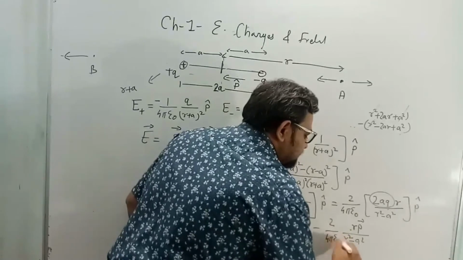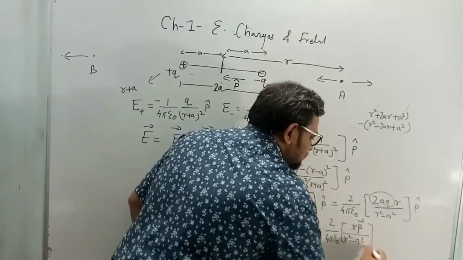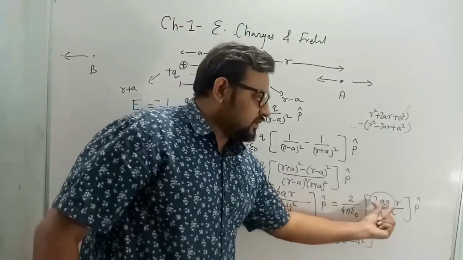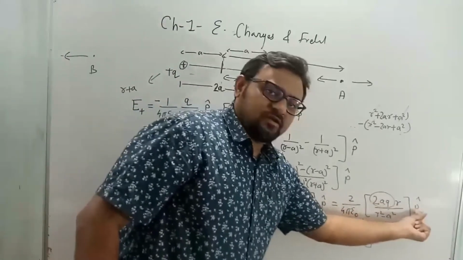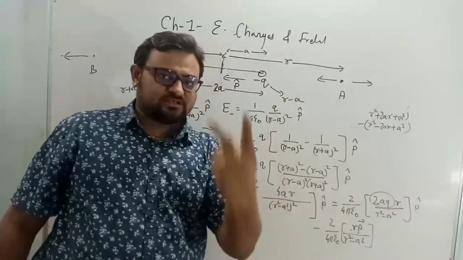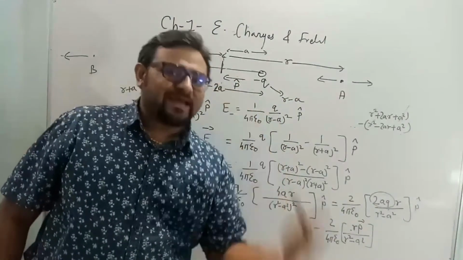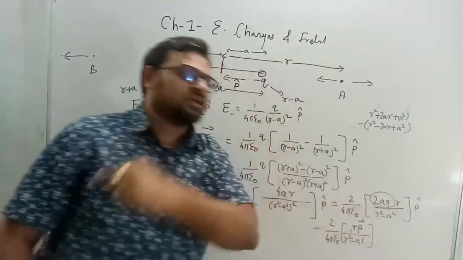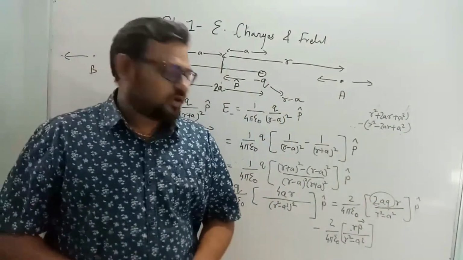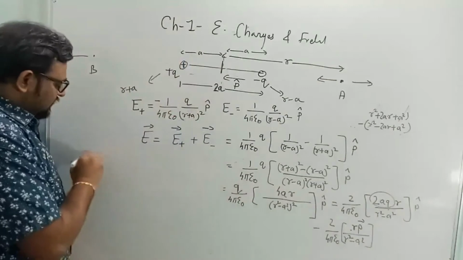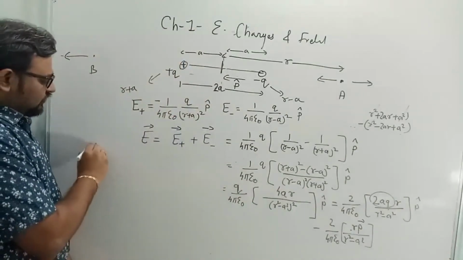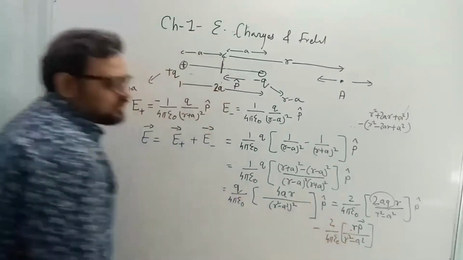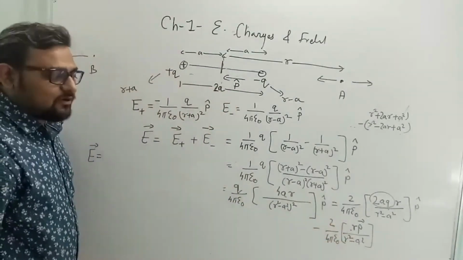When I am writing unit vector p, that means magnitude and direction, that is a vector. A vector has two things, magnitude and direction. So this is the direction and magnitude, I am merging it into a vector. Okay, so I am writing the formula here that the electric field due to dipole will be equal to, see now, 1 by 4 pi epsilon 0. I can write it down as k.